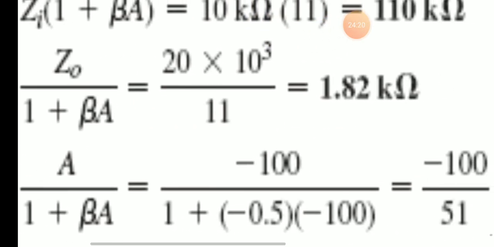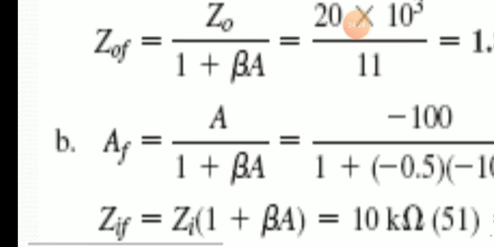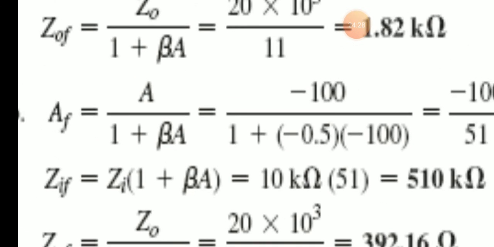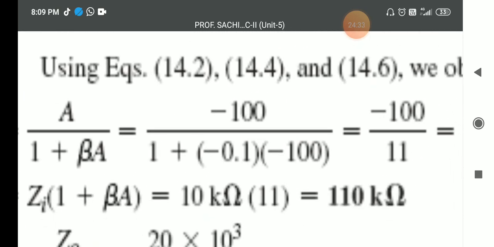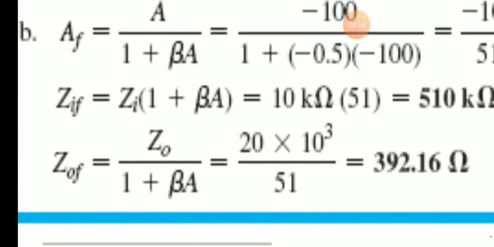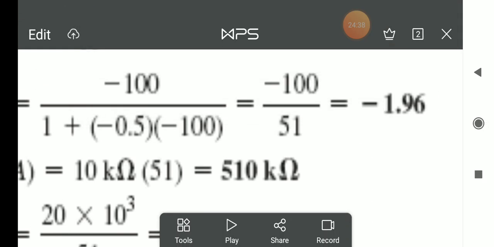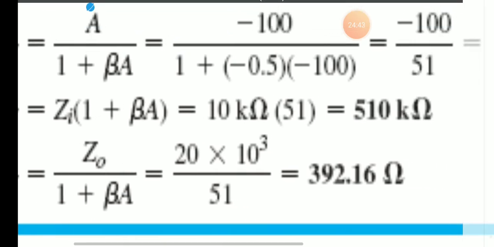You will get the output impedance as 1.82 kilo ohms. The same parameters we use for the next, beta equals minus 0.5. Only the beta element is changed, so you will get the feedback gain as minus 1.96, then the input impedance as 510 kilo ohm,